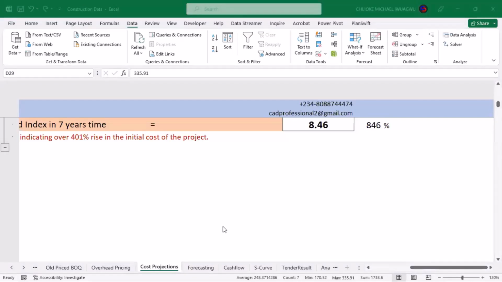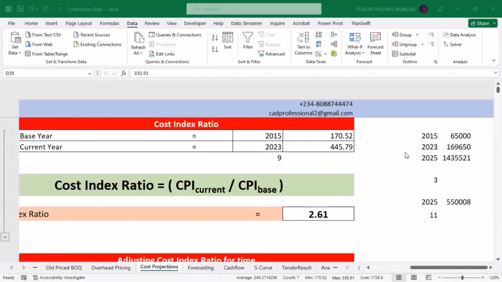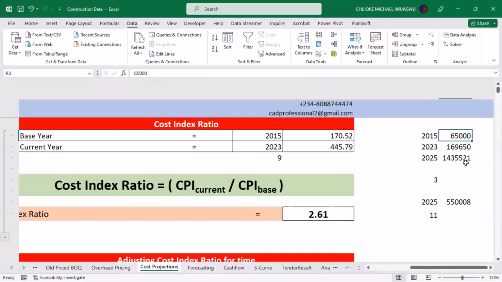There's a question on the chat box from Ayodele Oyelami saying, please, can we use the price of a bag of cement or reinforcements as examples for better understanding? Okay, thank you, QS Ayodele. What we actually did now is not too different from a bag of cement. Assuming you want to change this to a bag of cement, in 2015, let's say it was about